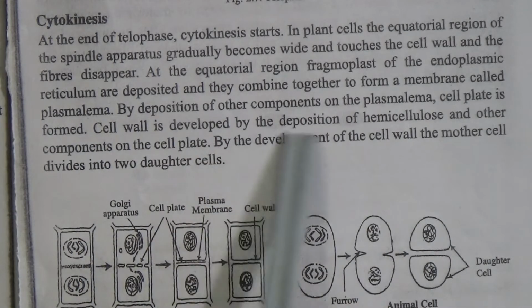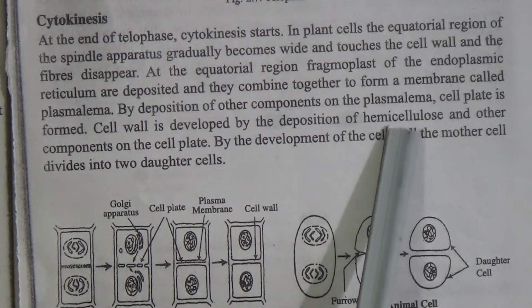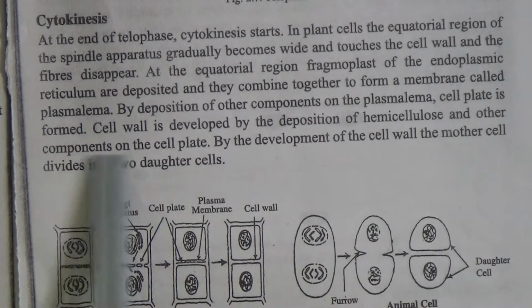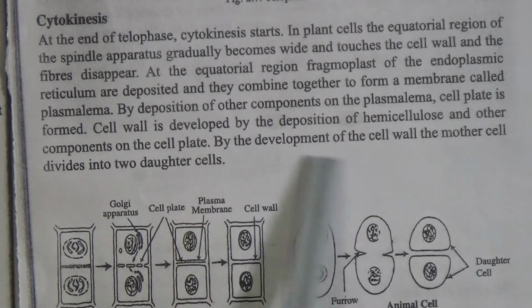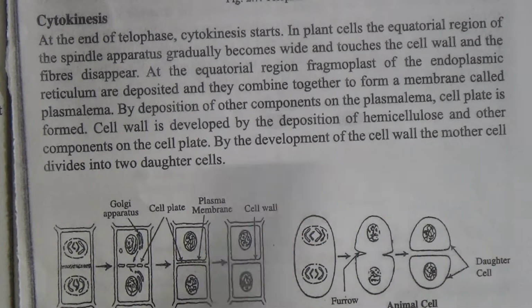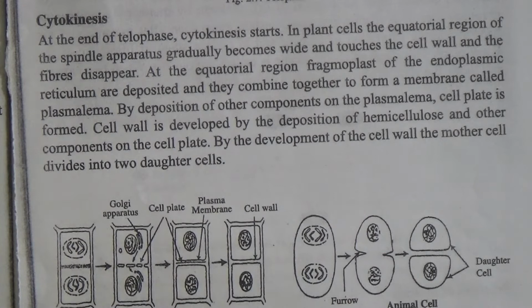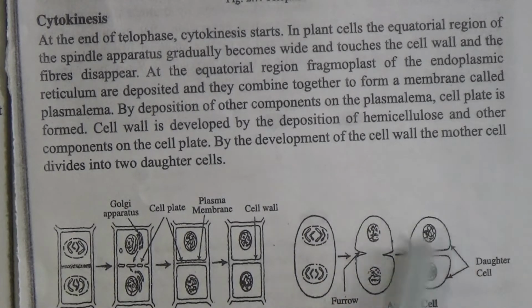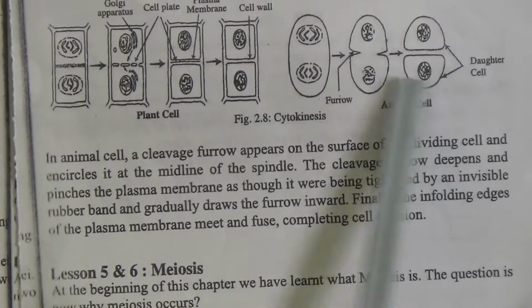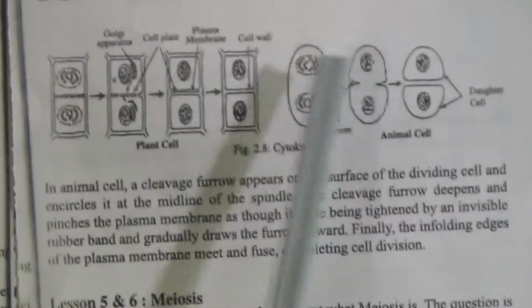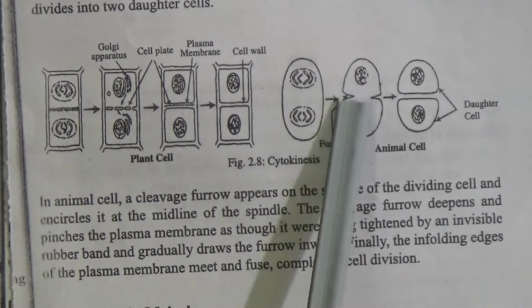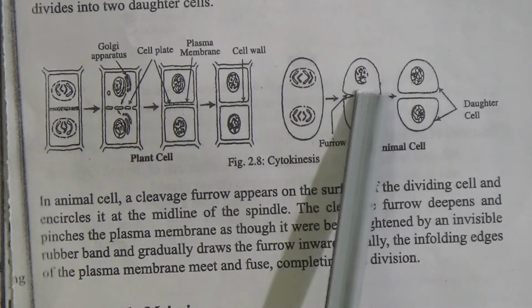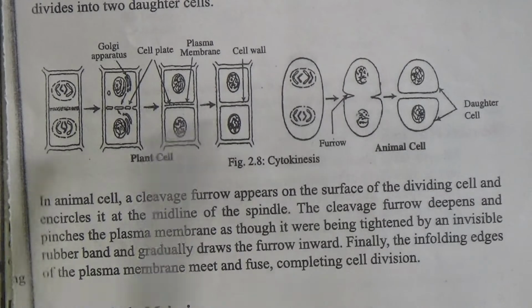Cell wall is developed by the deposition of hemicellulose and other components on the cell plate. By the development of the cell wall, the mother cell divides into two daughter cells. Okay, this is the cytokinesis process in plant cell, and this one is for animal cells. Okay, see here are two daughter cells and this one is the mother cell. So in this process the mother cell divides into two daughter cells, and in animal cell